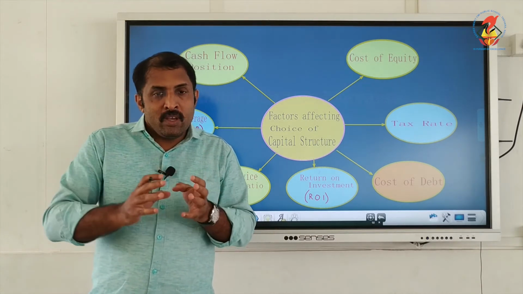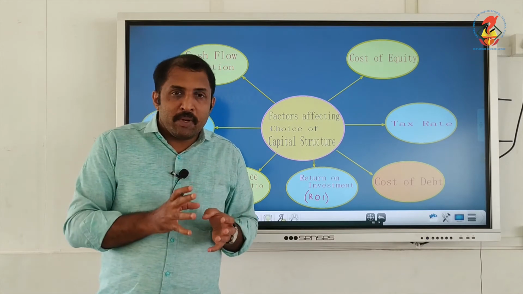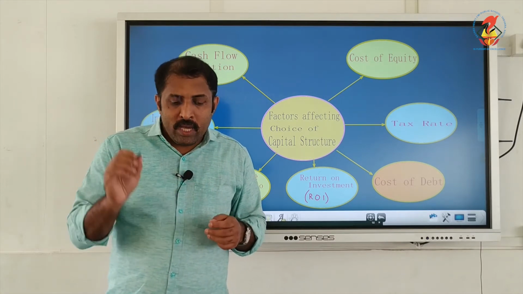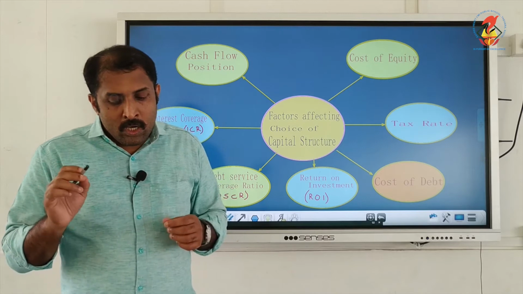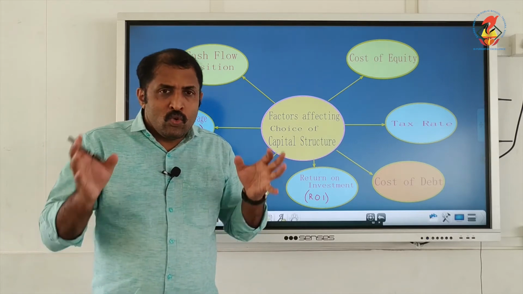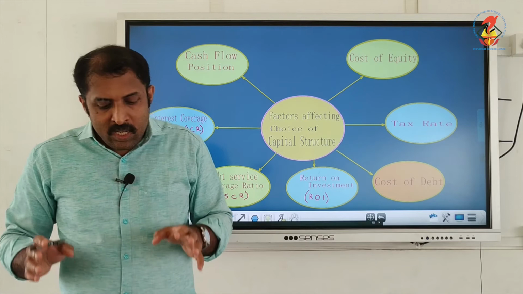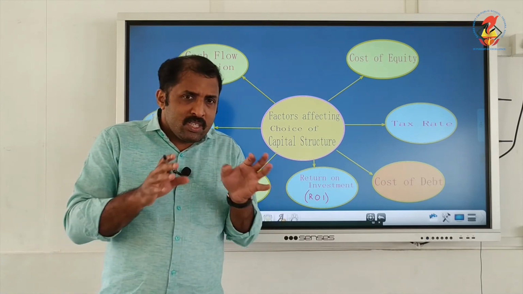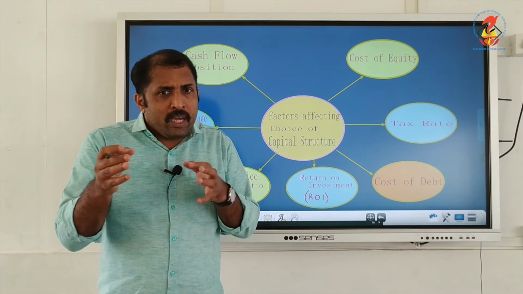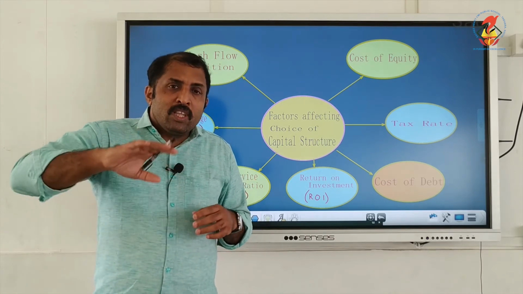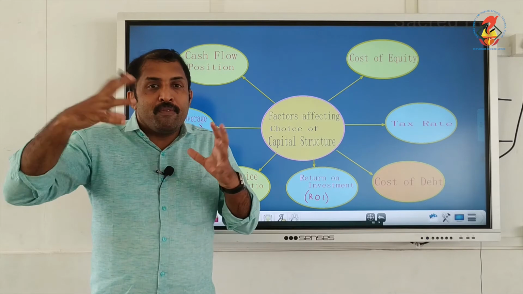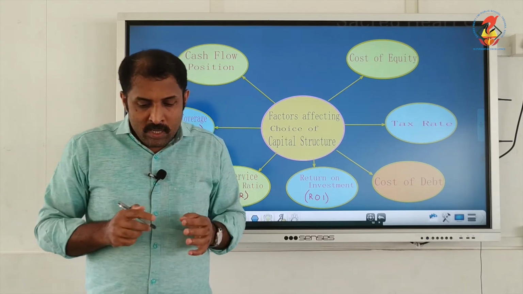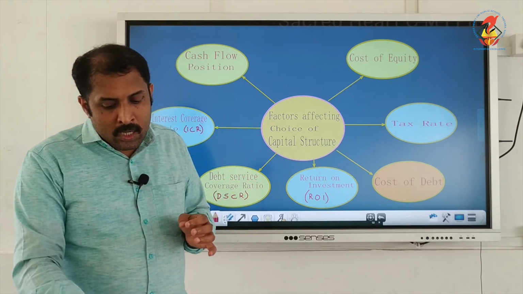If there is more debt in that capital structure, we have to make sure that there are enough funds to pay the fixed cash obligation, and it is not just enough to pay the fixed financial obligation. There must be something more, there must be a buffer, and the company has to